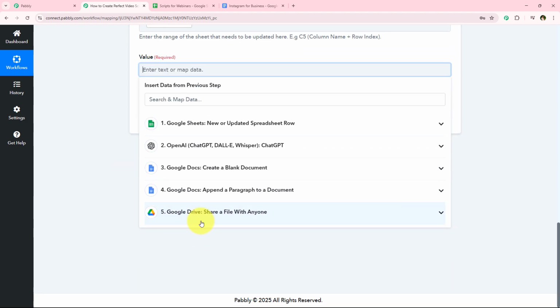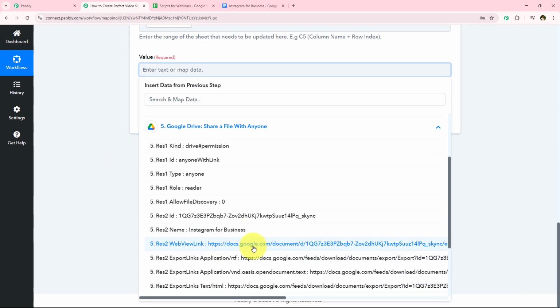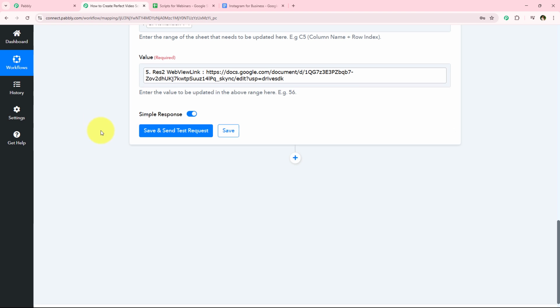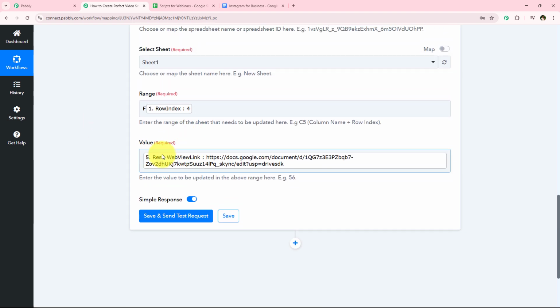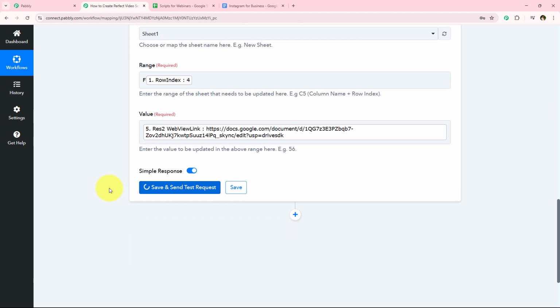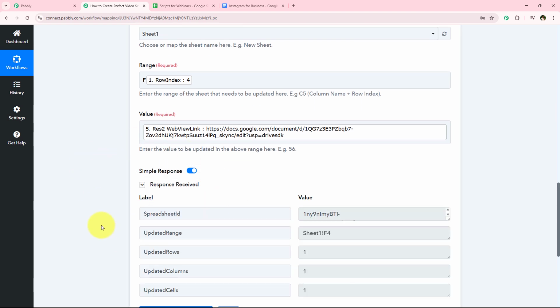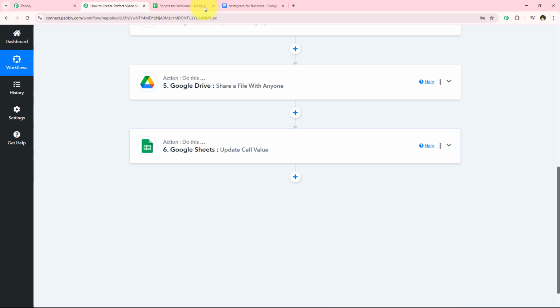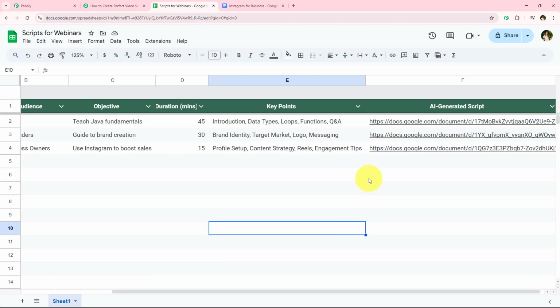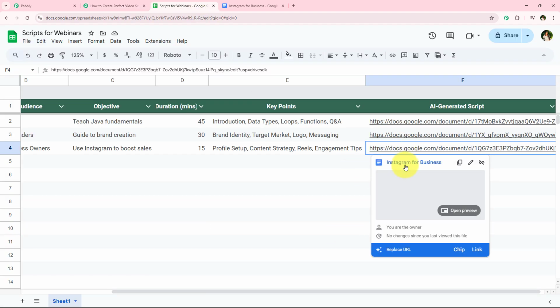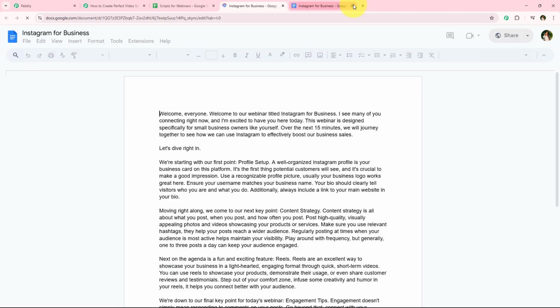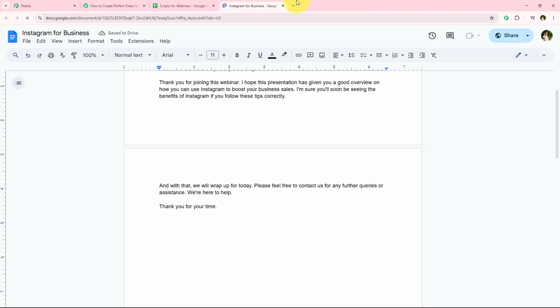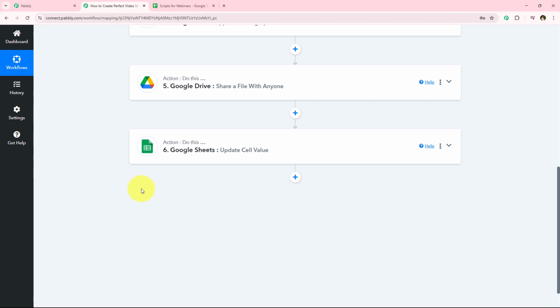the value. So for the value, I'm just going to open my Google Drive response and map this, which is web view link. You have to keep in mind that you also have to map this web view link only. And now we have to click on this save and send test request, and yes, you can see that we have received the positive response. And I'm just going to open my spreadsheet, and over here you can see the document link has been added right over here, and as you can see that this is the same document,